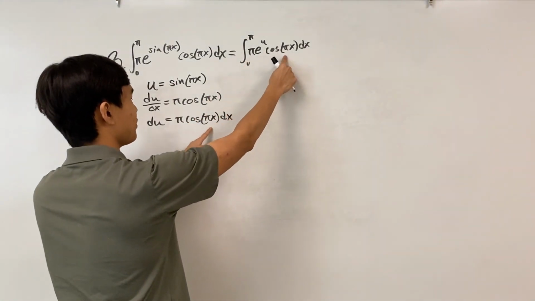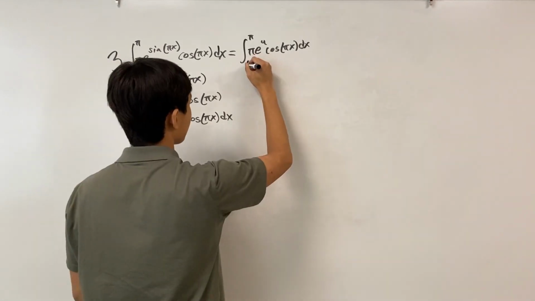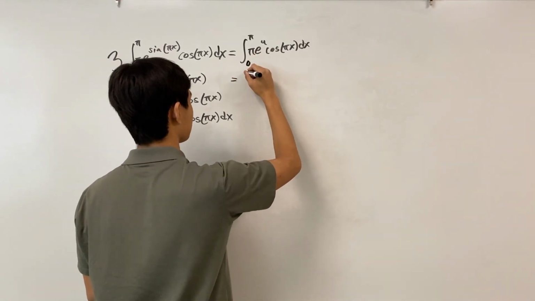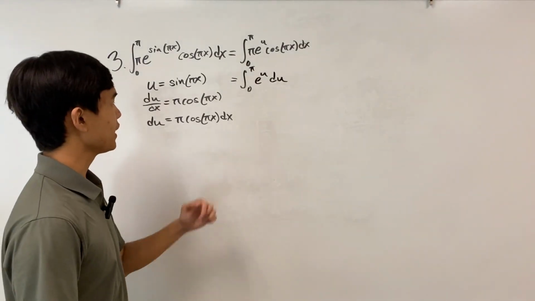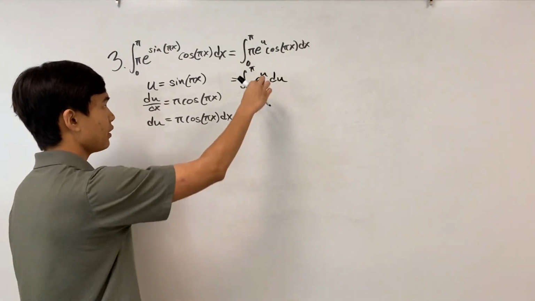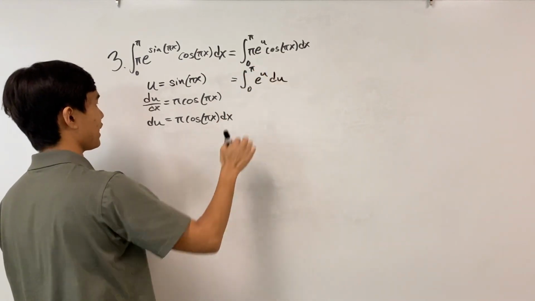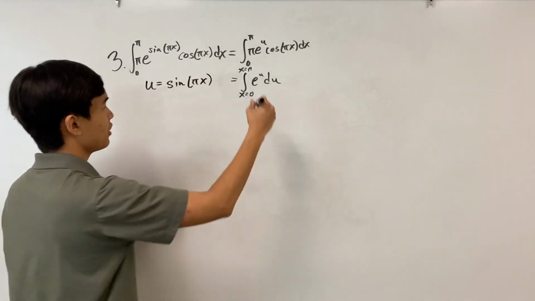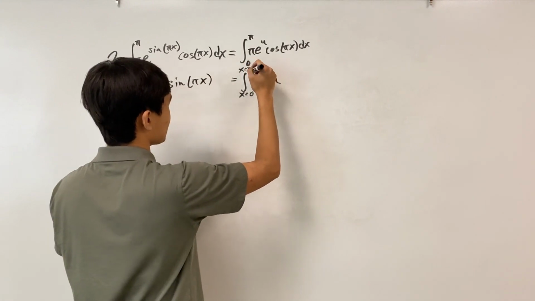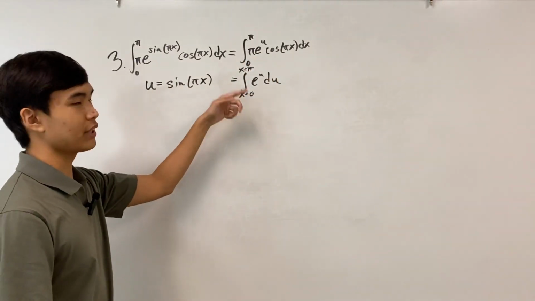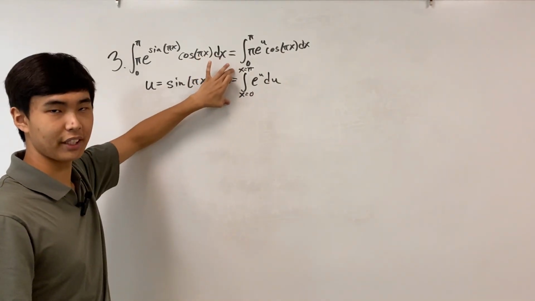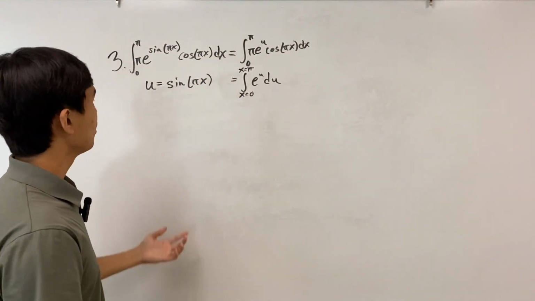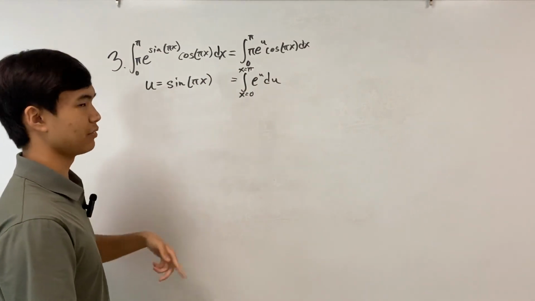Pi cosine pi x dx. We can make the u substitution to reduce this, but we have a problem. These limits are in terms of x. We can either specify that these are in terms of x and evaluate the integral, substitute for x, and then do the definite integral bounds,